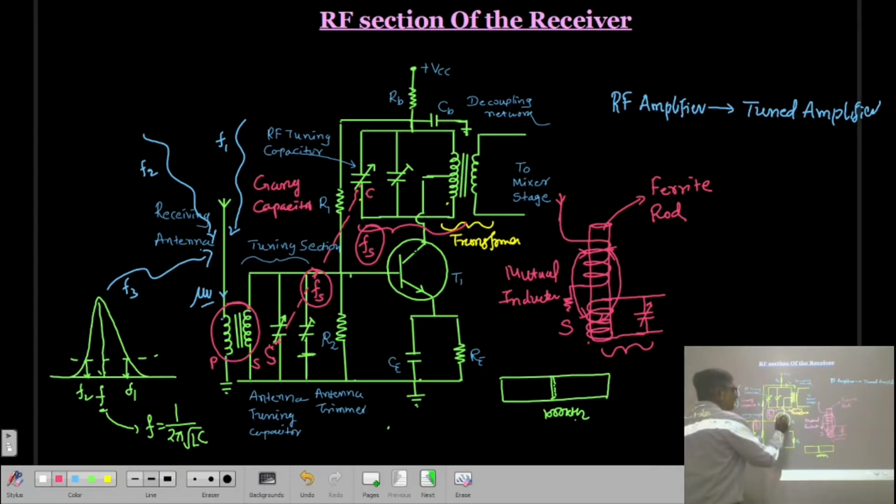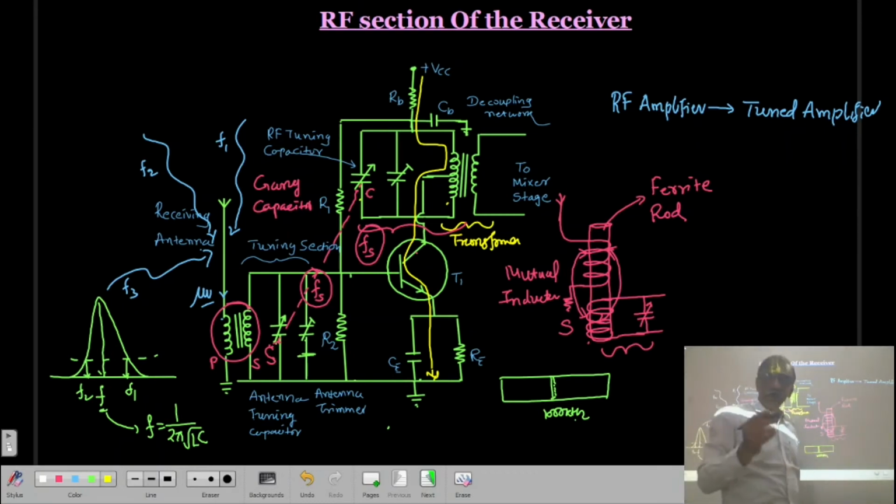Here, whatever transistor is there, it will get the supply from this VCC to this inductor, and then the collector will be there, and here there will be a flow of current. There is a center tap transformer, which will provide a collector supply to the transistor.